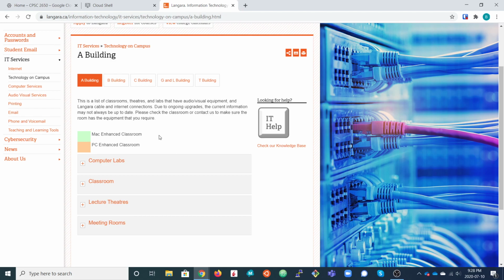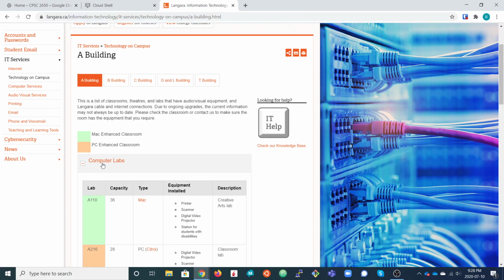So what we're really interested in, just as a demonstration, is writing a program that is going to tell us how many computer labs there are in a given building. The input to the program is going to be the URL for the page, and the output is just going to print out on the console the number of computer labs in that building.